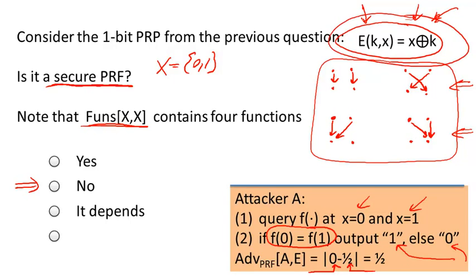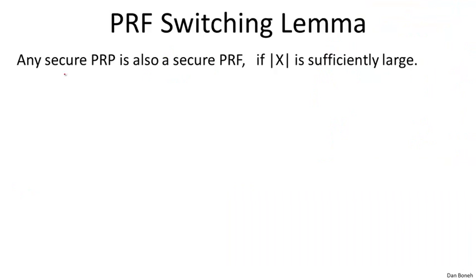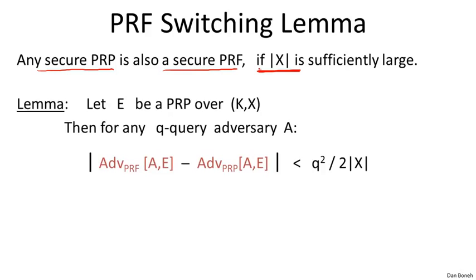Now it turns out this is only true because the set X is very small, and in fact there's an important lemma called the PRF switching lemma that says that a secure PRP is in fact a secure PRF whenever the set X is sufficiently large. And by sufficiently large, I mean, say, the output space of AES, which is 2^128. So by this lemma, which we'll state more precisely in a second, AES, if it's a secure PRP, is also a secure PRF. So the lemma basically says the following: if you give me a PRP over the set X, then for any adversary that makes at most q queries into the challenge function, the difference between its advantage in attacking the PRP when compared to a random function is very close to its advantage in distinguishing the PRP from a random permutation. In fact, the difference is bounded